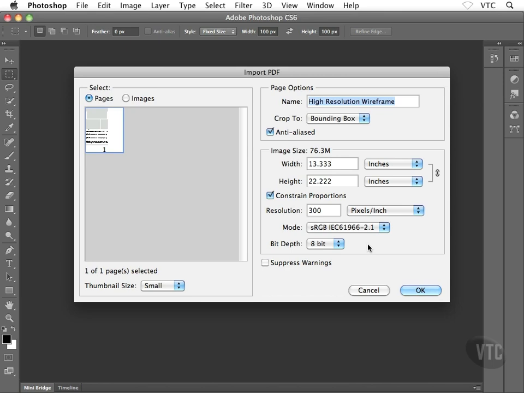Now, give Photoshop just a minute. It'll want to process this a little bit, and then it will present you with this import dialog box. What I want to do is make sure that I use the same dimensions that we had meticulously set over inside Illustrator. We want those dimensions to also come across here into Photoshop. So towards the right-hand side of this dialog box, about halfway down, we have this image size area. And check this out. Photoshop wants to bring this file in at 13.3 inches by 22.2 inches.